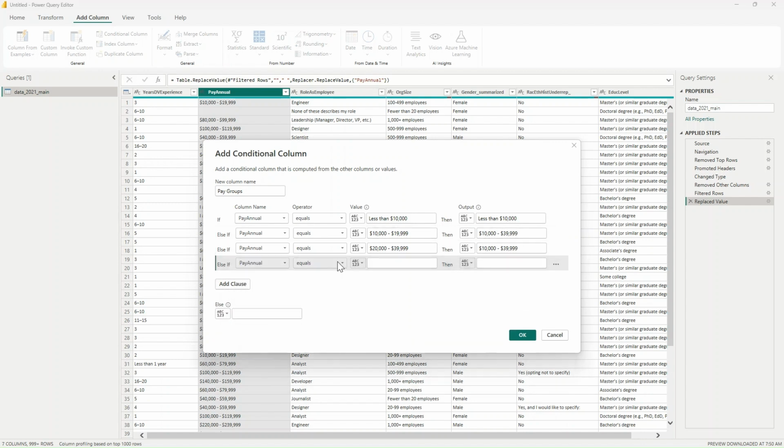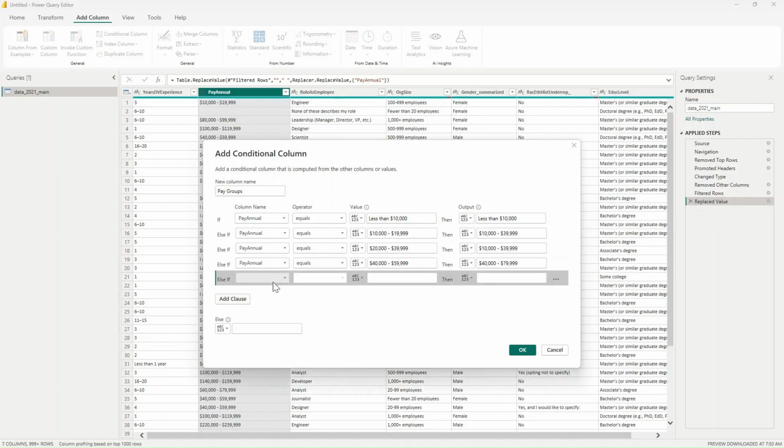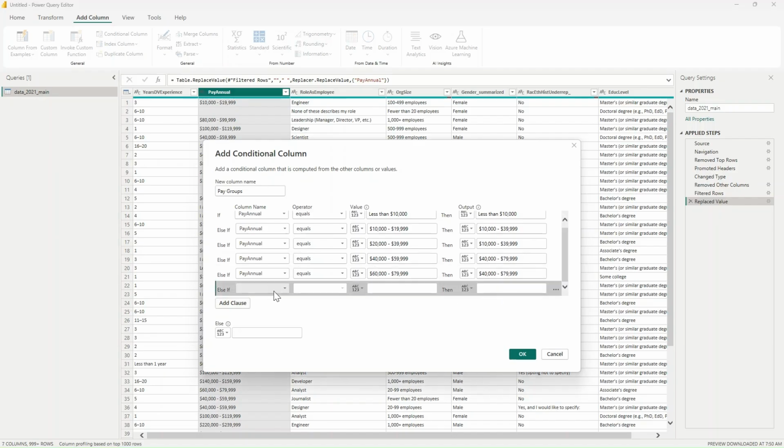Then when pay annual equals 40 to 59, then we need to change this bracket from 40,000 to $79,999. Then when my pay annual equals 60 to 79, then we have the same bracket. I'm just going to fast forward this quickly because you get the idea now.